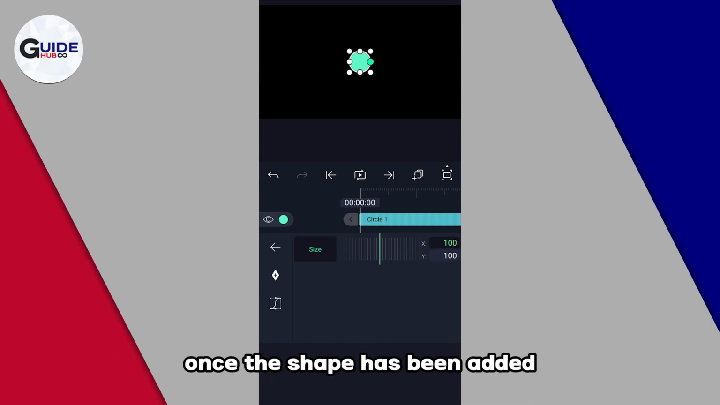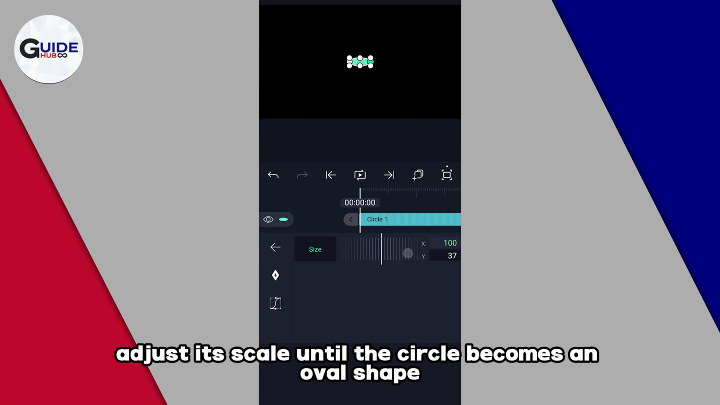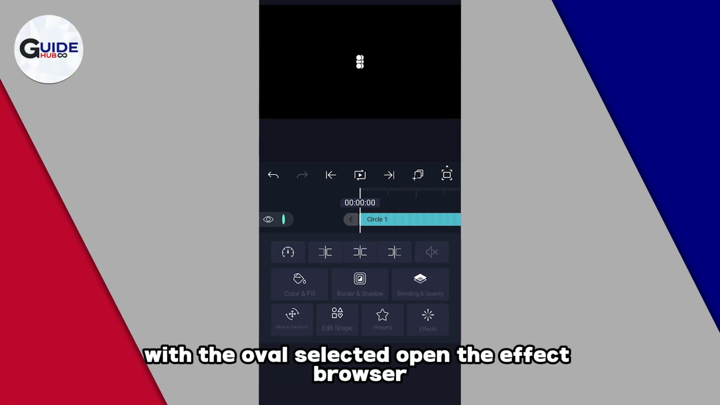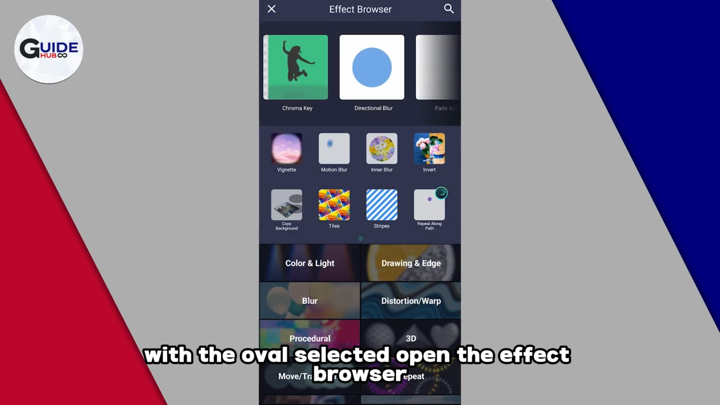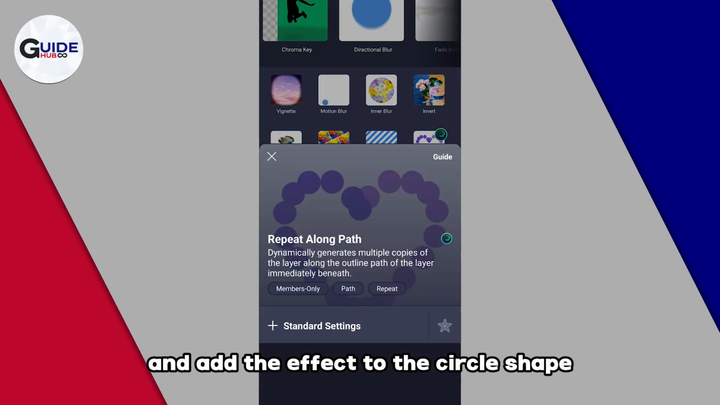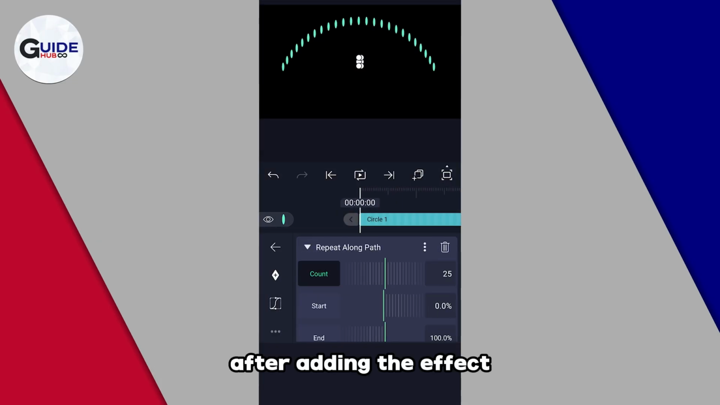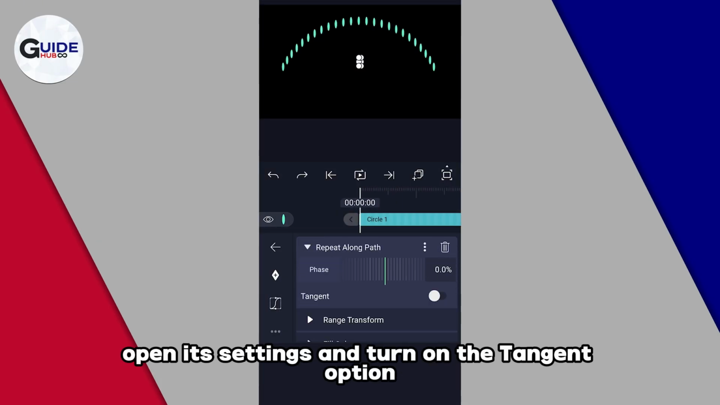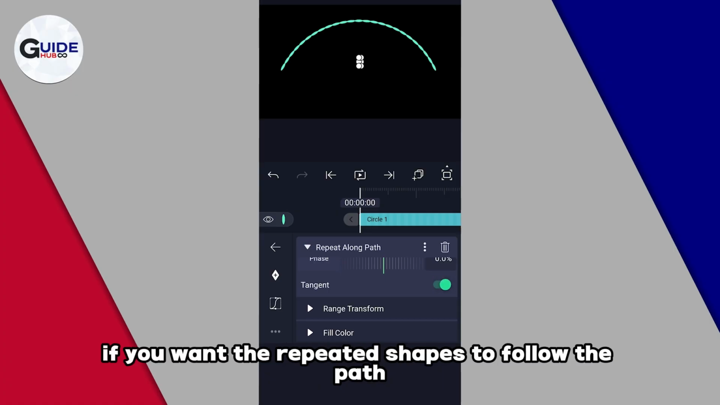Once the shape has been added, adjust its scale until the circle becomes an oval shape. With the oval selected, open the effect browser inside the shape layer. Search for Repeat Along Path and add the effect to the circle shape. After adding the effect, open its settings and turn on the tangent option if you want the repeated shapes to